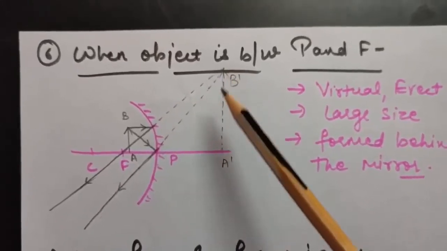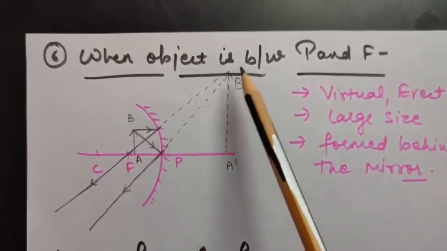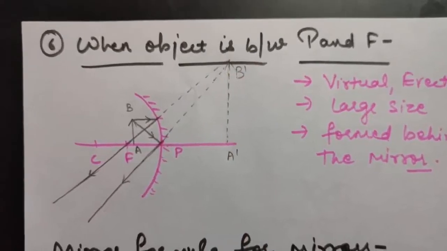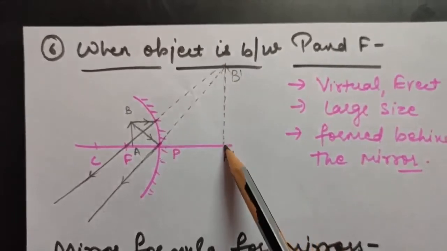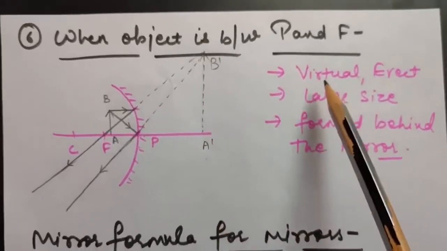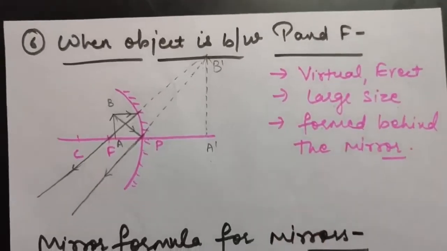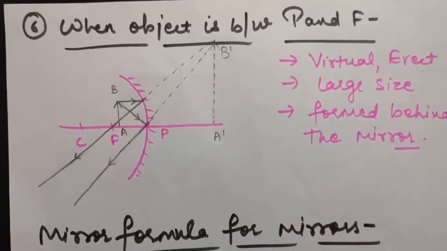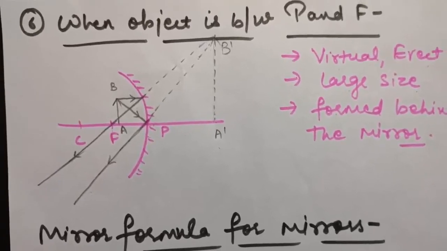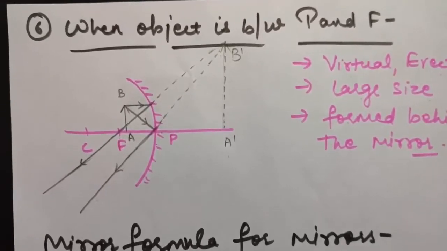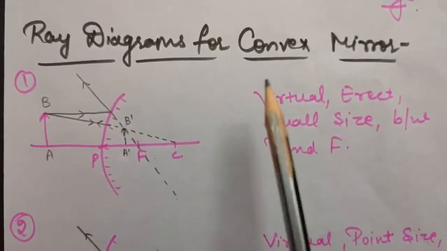So here our image will be formed, but as I told you earlier, we have extended these rays. These rays are not actually meeting here, they are just appearing to meet. Therefore, a virtual image is formed, and virtual image is always shown by the dotted lines. So this is the case where virtual and erect image is formed, large size is formed, and it is formed behind the mirror. Okay. So you can say when the object is lying very close to the concave mirror, a virtual image is formed. So a concave mirror can be used to get a real image as well as a virtual image.